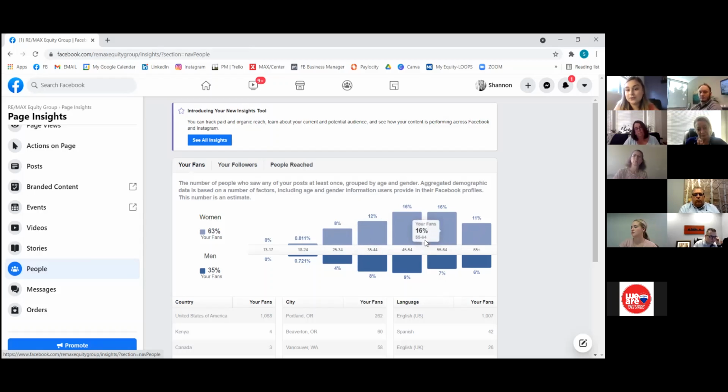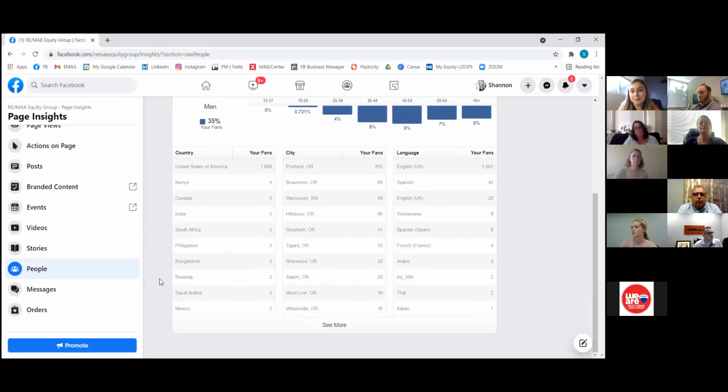The whole goal is for these to be relatively even, right? So then you have a fully diversified audience, no matter what age, what gender, anything like that. But you can also go through and see more about your audience as well, what city they're in, languages spoken, things like that. But that's the start on that. I'm going to go on to, sorry, I've got a couple different things to go over.